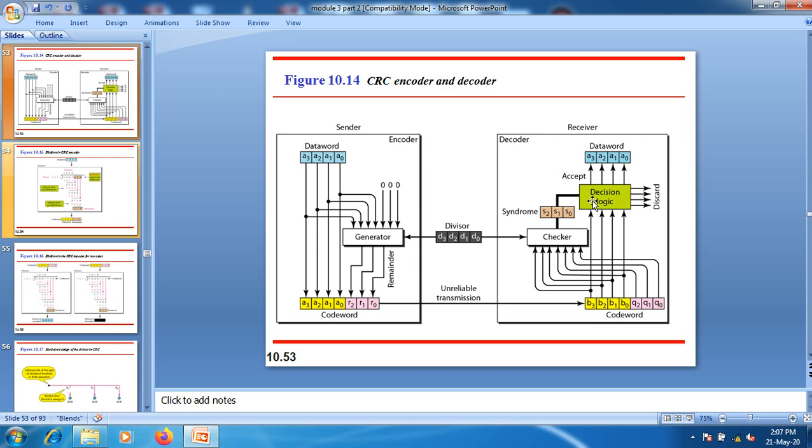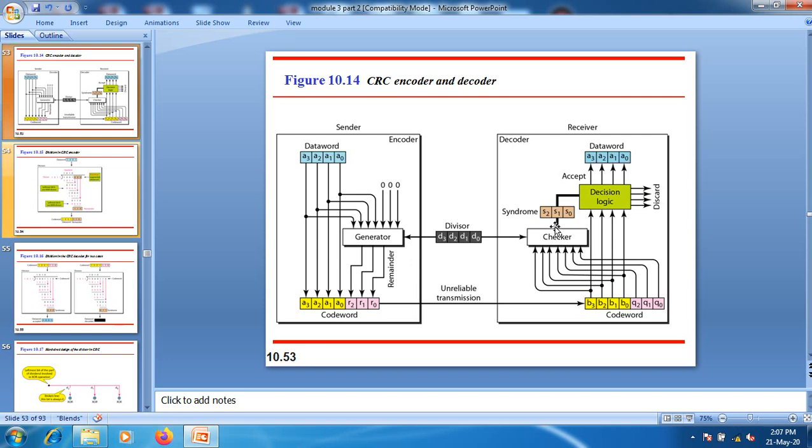That is, if we receive 0 as a remainder at the destination side, the data bits are extracted here. Otherwise, we need to discard the received code word here. Or in some cases, the received information becomes corrupt. That is, the destination receives information that is corrupted, and whenever you pass through that information, still we